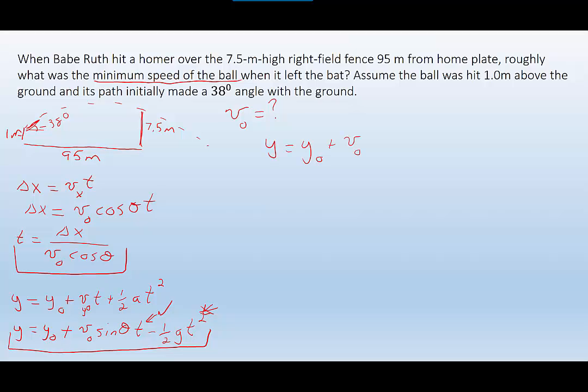So substituting it in, this equation becomes y equals y naught plus v naught sine theta times delta x over v naught cosine theta minus 1/2 gt squared. And again, you may say, but wait a minute, I'm looking for the initial speed, so why am I putting velocities in there that are going to cancel each other out? And the reason for that is because it then makes our life easier, and we can come up with time, and then we can substitute back into our original delta x equation, and come up with the speed. So the v naughts cancel, and we can then rearrange this equation to solve for t,